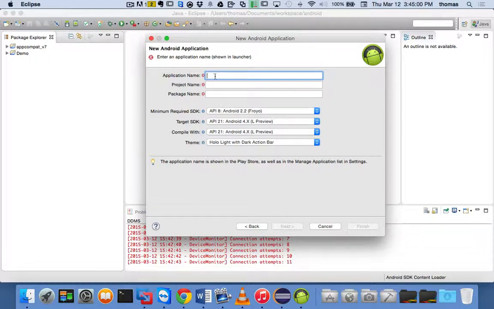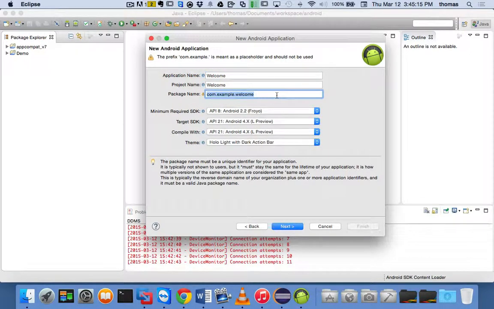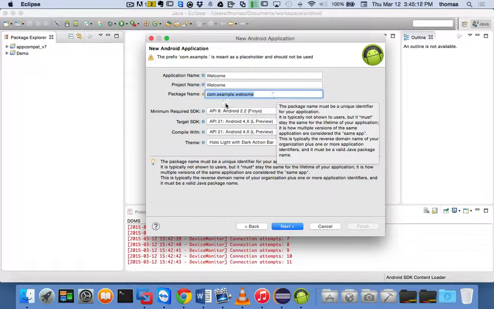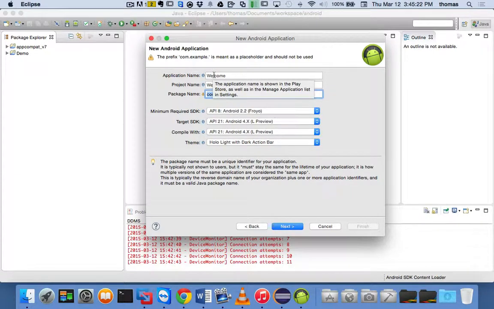Right now, my application name is going to be whatever I want, and let's just call this Welcome. I'm going to do this in reverse DNS kind of thing, right? Which is domain name notation. We're going to do this reverse, okay? And the way it's going to be is like com dot whatever the name is dot welcome, matching the package name, right? So let's leave this as com dot Georgian or CA, because Georgian's CA, right? CA dot Georgian College